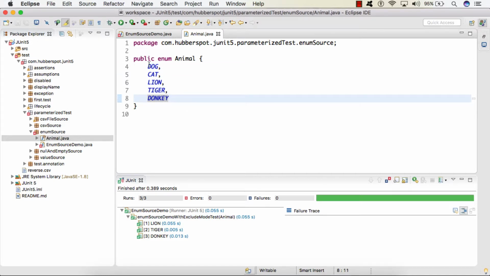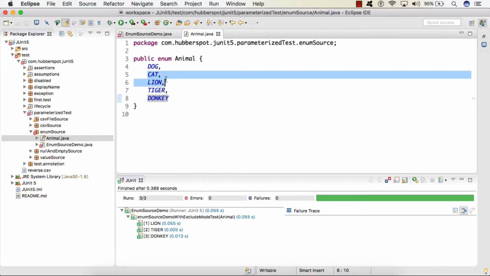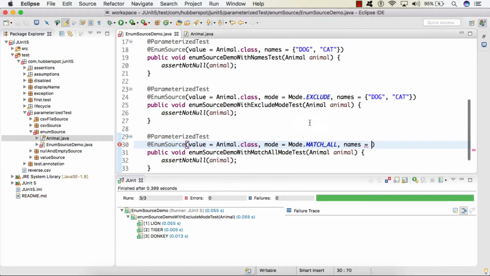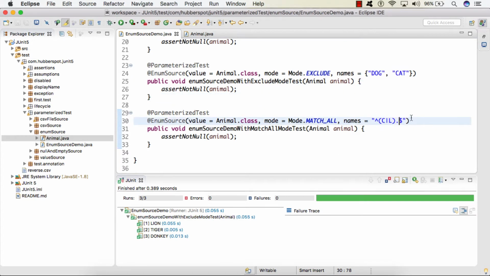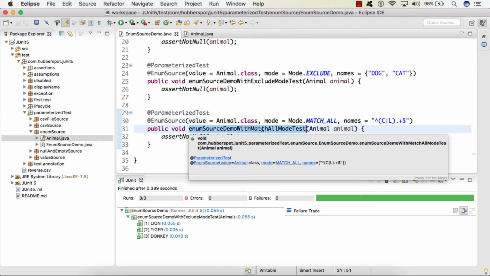Let's say I want to only pass cat and lion. So here I can provide a regular expression like this, that any value starting with C and L. So here you can see only cat and lion will be allowed to pass to this test method.